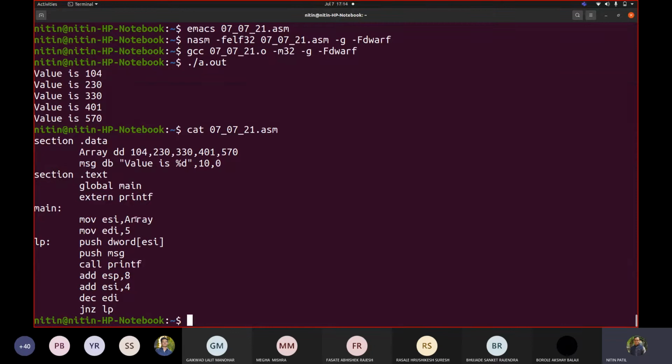We are passing this address to ESI and then we are printing the value at that address. If I don't write this dword of ESI, then it would be printing that address the way that we saw in GDB. Correct? We don't want exactly that thing. We want the value. That's why we did this. What we did was we added 4 every time into the address so that it can move further. But this is not the way that it should work.